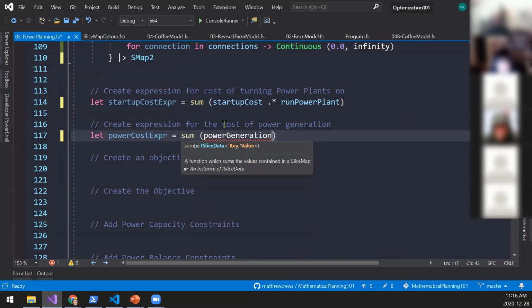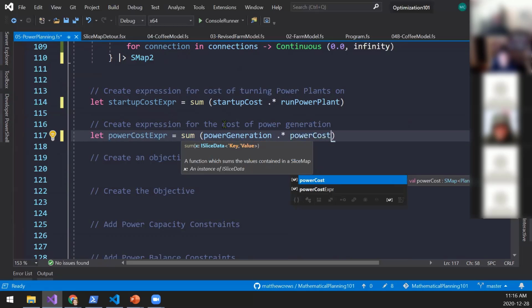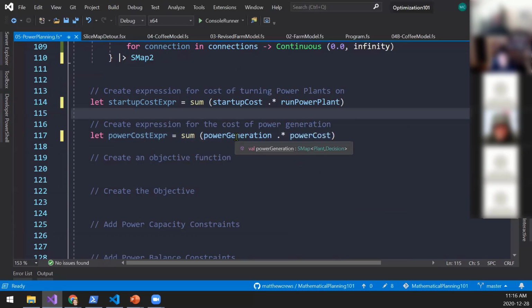Power generation times power cost. Power generation are the decisions about, for a given plant, how much do I turn the dial? And this says this is how much it costs for however much you turn the dial.